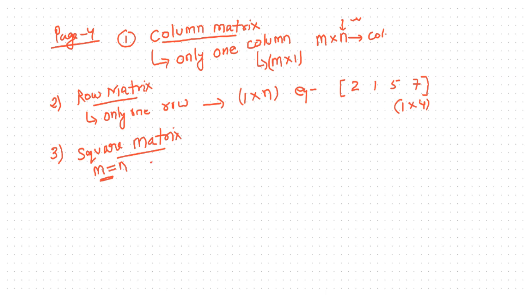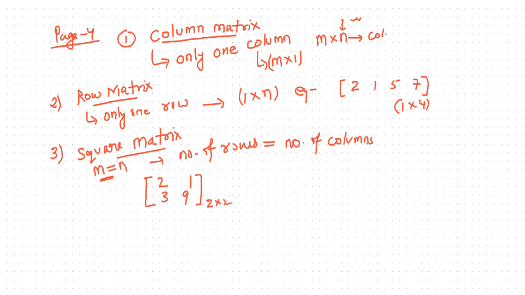That means number of rows equals number of columns. Let us write a 2 by 2 matrix. This is an example of a square matrix of the order